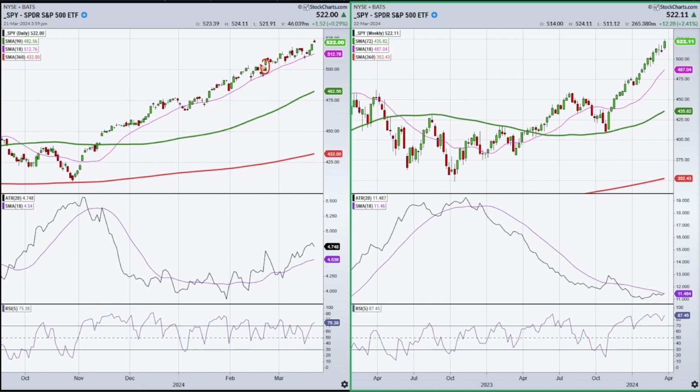So that's actually a pretty big size bar. So you start filling in these gaps, and all of a sudden you're looking at some pretty good sized bars that are taking place. Even today doesn't look like a very big range day, but when you fill in the gap, right, all these gaps, that's the reason why this is starting to climb.